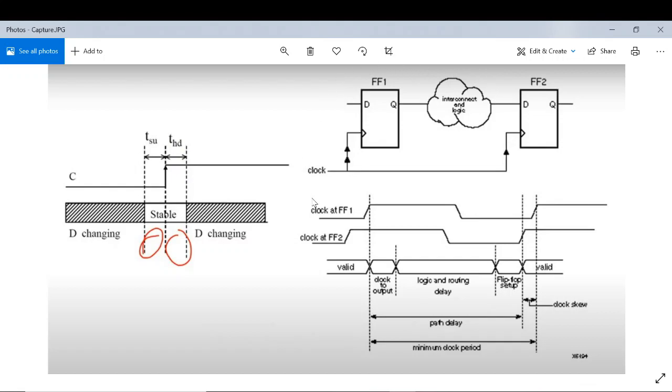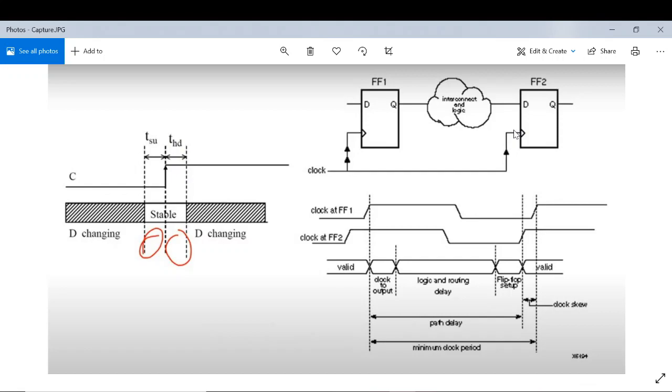But the design you can see here is a synchronous design. So what is a synchronous design? This is the primary input port of your combinational design, and this is the primary output port of the combinational design. I have added two flip-flops, one at the input port and one at the output port. So why do I need this?